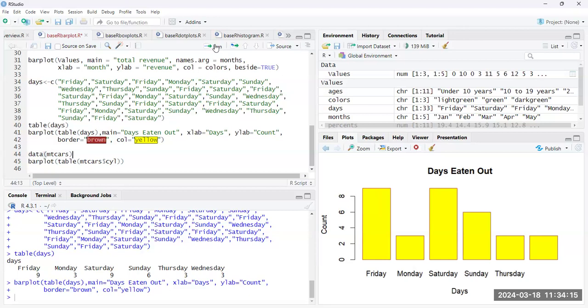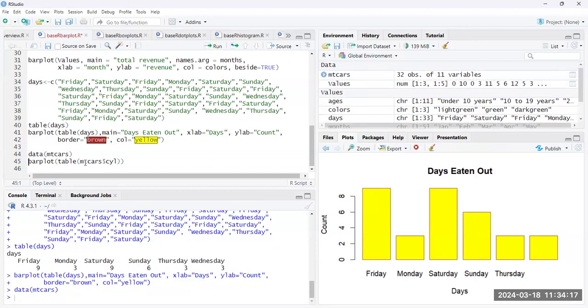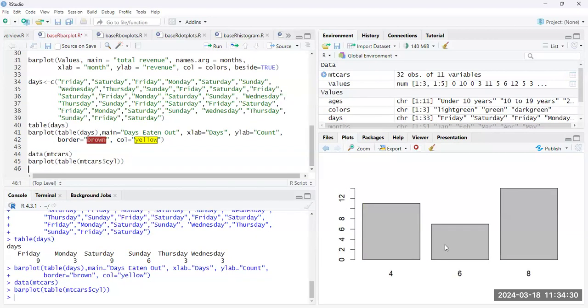And then one last example is you can also create a table from a data frame. So if I load my empty cars data, I can create a table of my cylinder information. So we have 3 kinds of engine cylinders, 4, 6, and 8. And so I can create a table of that and then make a bar plot directly from that. Now, in this case, I didn't set any of the other pretty attributes that we can use to add axis labels and things, but